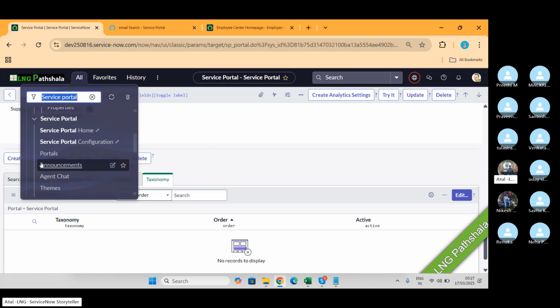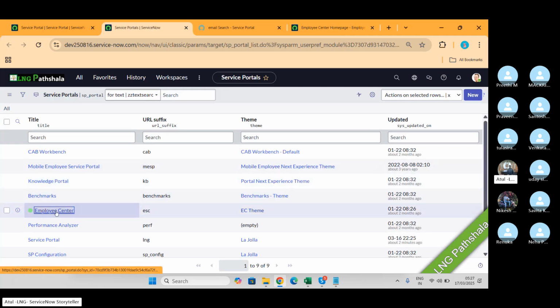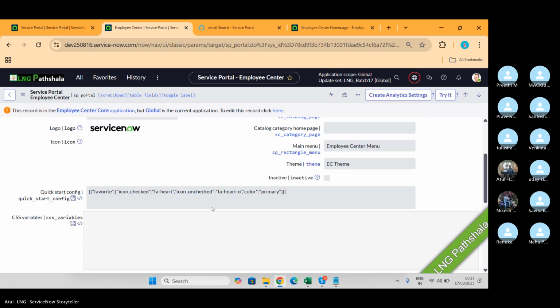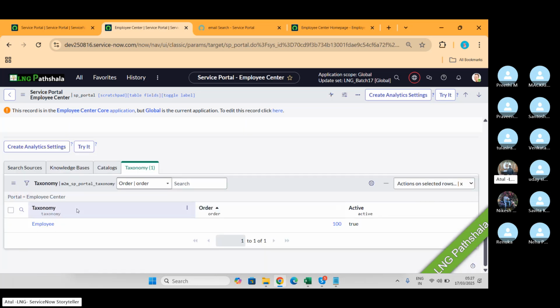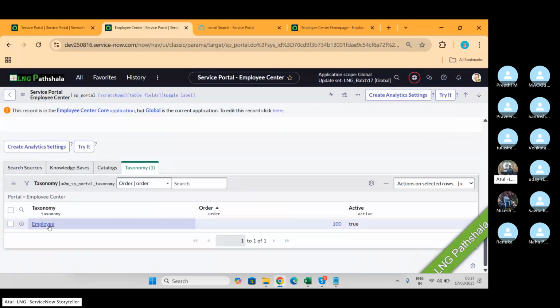So if I go back here, click on the portals and open the ECS portal, देखो यहाँ पे taxonomy है. Taxonomy is kind of a bundle, and in that bundle we have our stuff.